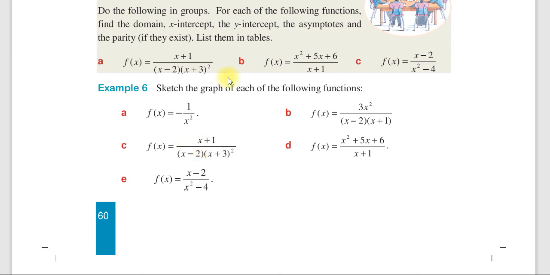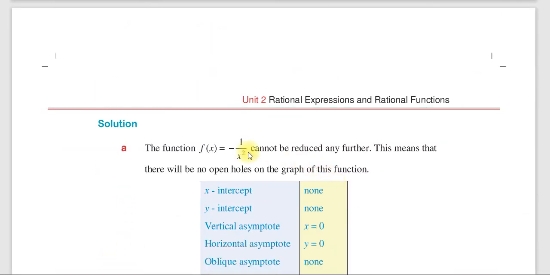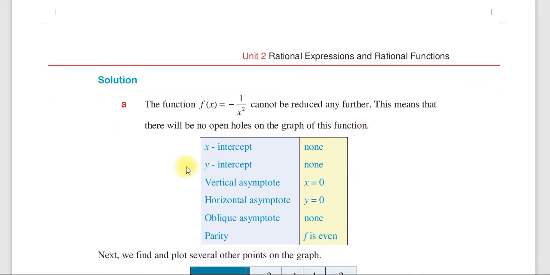እንደምንሰራ ሶ ስቴፓችንን ተከትለን እንሄዳለን የመጀመሪያው ነው the function f of x which is equal to minus 1 over x square cannot be reduced any further ስለዚህ የመጀመሪያ ስቴፓችን ሪዱስ ማድረግ this means that there will no open hole on the graph of this function ስለዚህ reduced የሚሆን ከሆነ ብቻ ነው open hole ሊኖረው የሚችለው ነገር ግን reduce ካልሆነ open hole ላይኖረው ይችላል ስለዚህ እነዚህ ነገሮችን ሞላለን x ኢንተርሰፕት የለንም y ኢንተርሰፕት የለንም vertical asymptote x which is equal to 0 ላይ ያ ማለት ዲኖሚኔተሩን 0 ሊያደርግ የሚችል horizontal asymptote y which is equal to 0 ላይ horizontal asymptote አለ